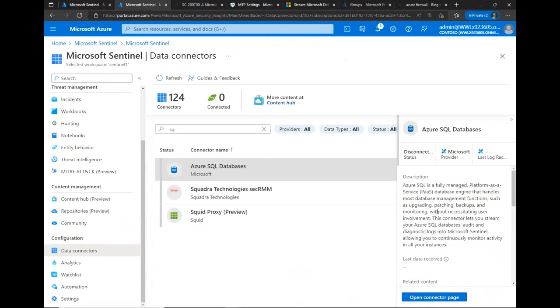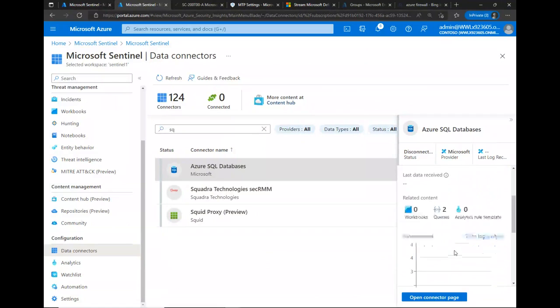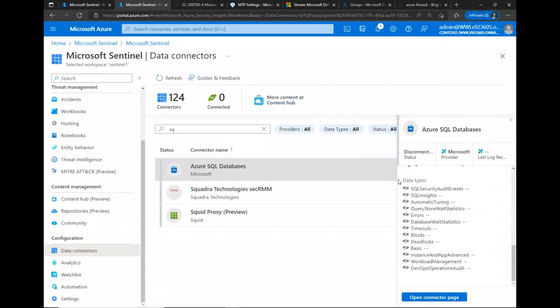Then patching, backups, monitoring. This connector lets you stream your SQL database audit and diagnostic logs into Sentinel, allowing you to continuously monitor activity in all your instances. Okay, without Sentinel, you can use the advanced threat detection for SQL databases with Defender for Cloud. And with Sentinel, you can use this connector, for example. So you can take a look at the data types that will be collected for your SQL